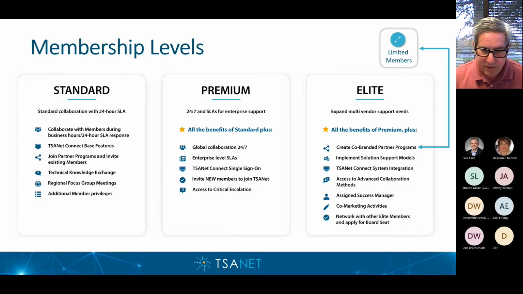So you can come in, we've got single sign-on capabilities, more advanced integration with the CRM system. Again, we get over into creating your own ecosystems when you get into the elite partner level, and we've got success managers that are involved in helping you get the most out of your membership dollar, that kind of stuff. So if you want to look at upgrading, this would be the path that you would probably take. You can contact us to talk about it more. I would invite you to have a one-to-one with us.